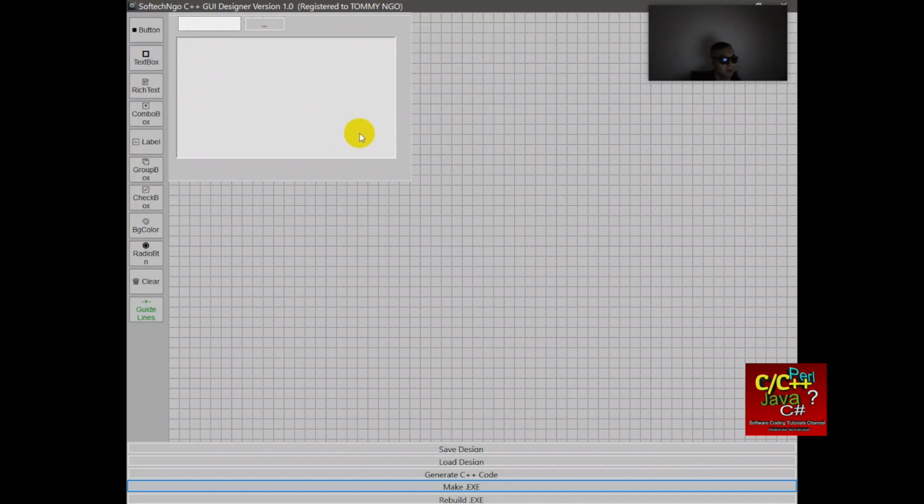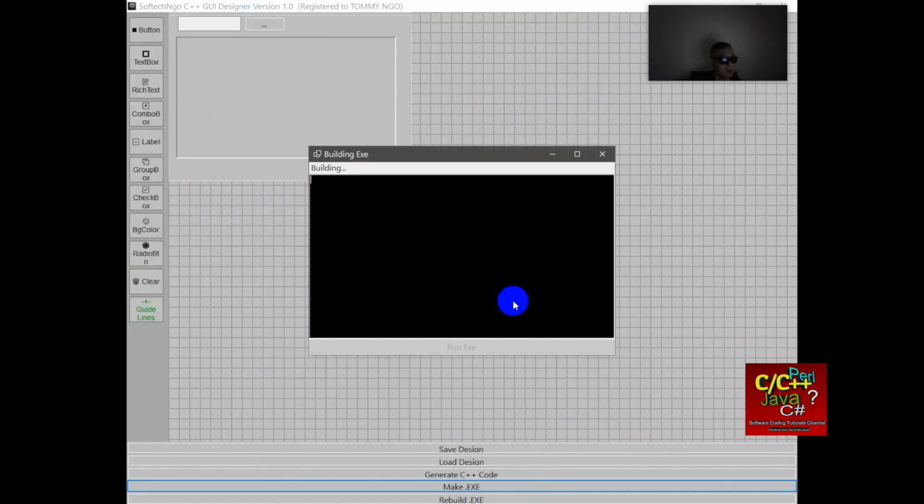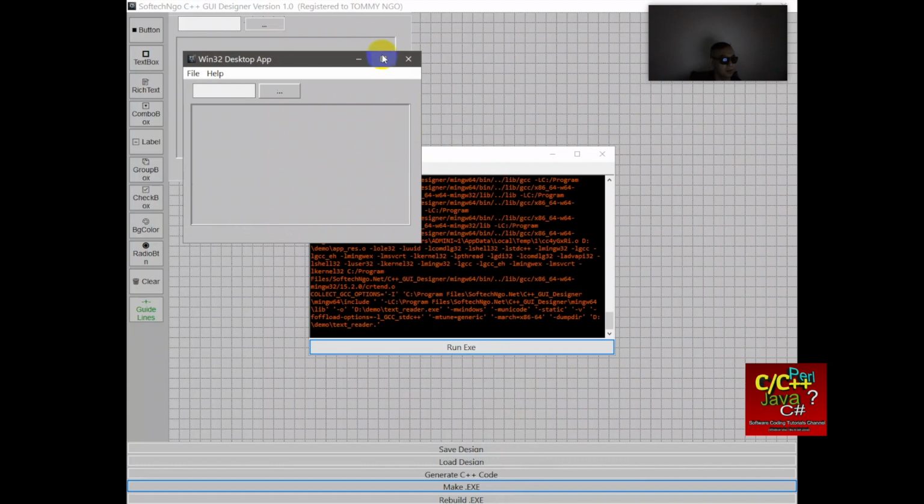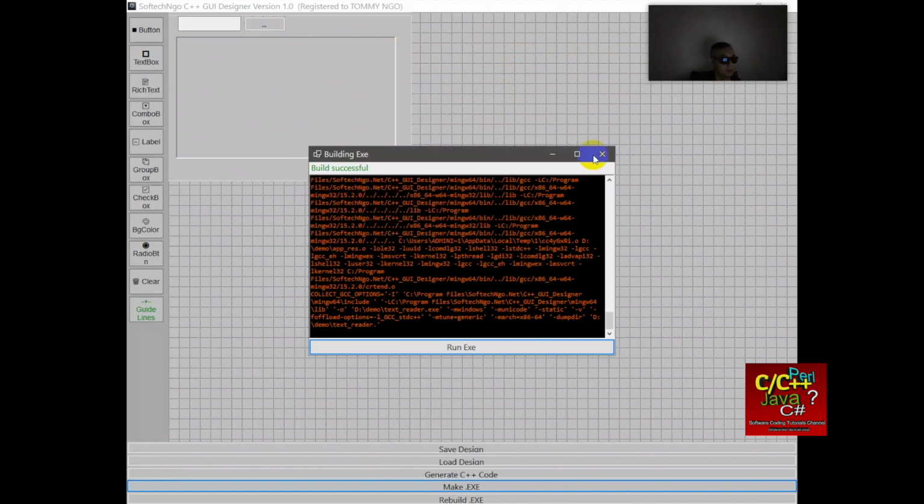Okay, so next step is to build, and run to see what it looks like. So notice it doesn't stretch. Okay, so let's go back to application